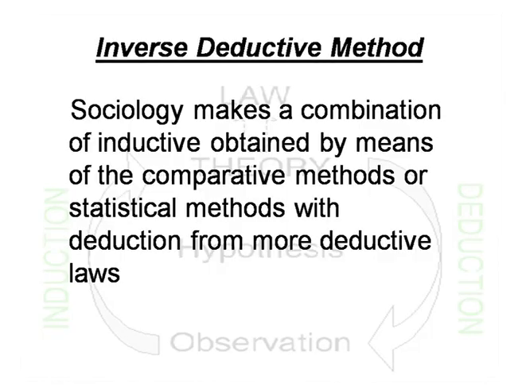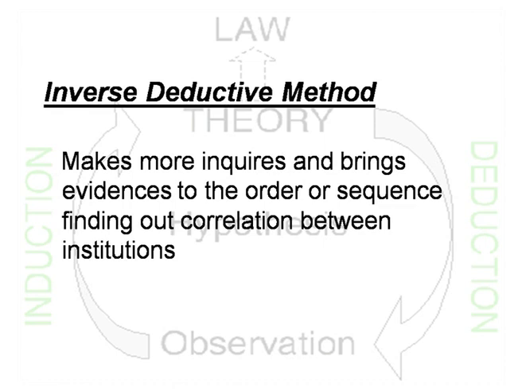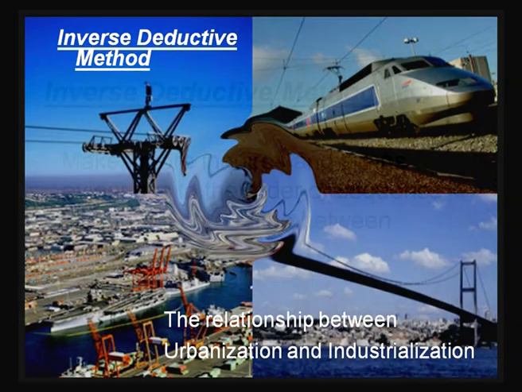I have explained two methods, that is deductive and inductive methods in sociology, but sociology cannot make use of either inductive method or deductive method fully. Sociology has to make a combination of inductive method and deductive method, and that methodology is called inverse deductive method. Actually, in inverse deductive method, the sociologists try to bring out evidences and make a sequence of findings by comparing different social phenomena. For example,